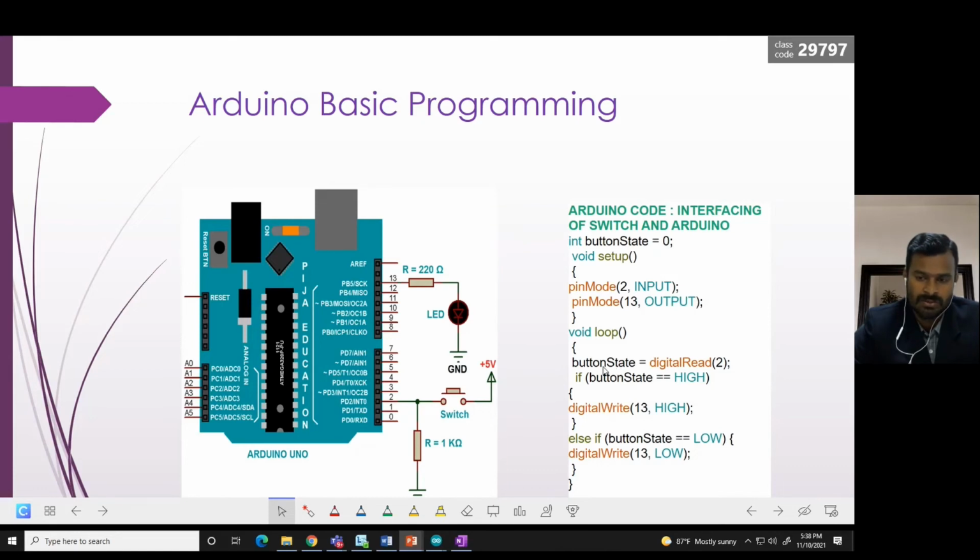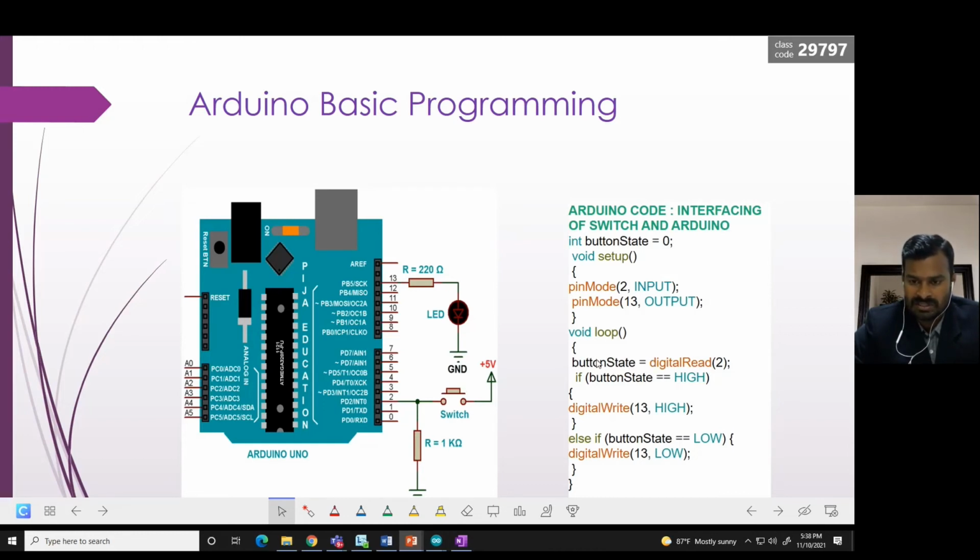So what I need to do, I need to read the input from the second pin, and that data, either it is on or off, needs to be stored in this button state. That is a variable I declared here, right? So digital read, the status of this pin, will be stored here in the button state.